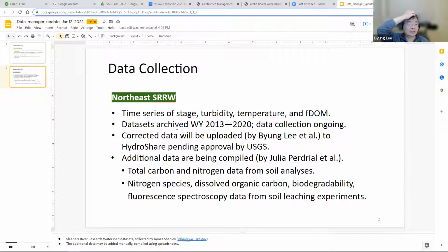This time series data, collected from environmental sensors deployed at the Northeast Slippery Research River Watershed in Vermont, will be uploaded. In addition to that, Julia Pedrillo, who is the leading PI of this big data cluster, is in the process of doing some soil analysis and a leaching experiment using data derived from the team's CAM database. She's with her postdoc, doing some study. So there will be, in addition to the Slippery Research Watershed time series data,